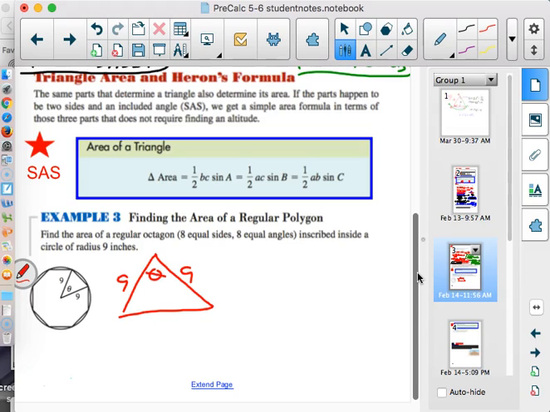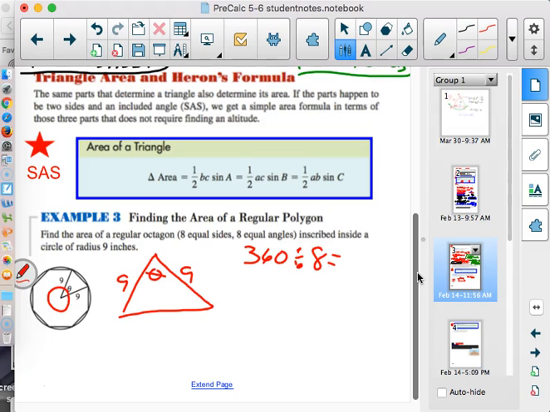And I'm over-exaggerating that so that you can see my drawing there. But we need to know what theta is. So the key to that is knowing if I travel all the way around inside that circle, how far have I gone? 360 degrees. And if this is a regular octagon, all 8 of these triangles will have the same little angle right up there. So if we take 360 and we divide it by 8, we're going to have the angle